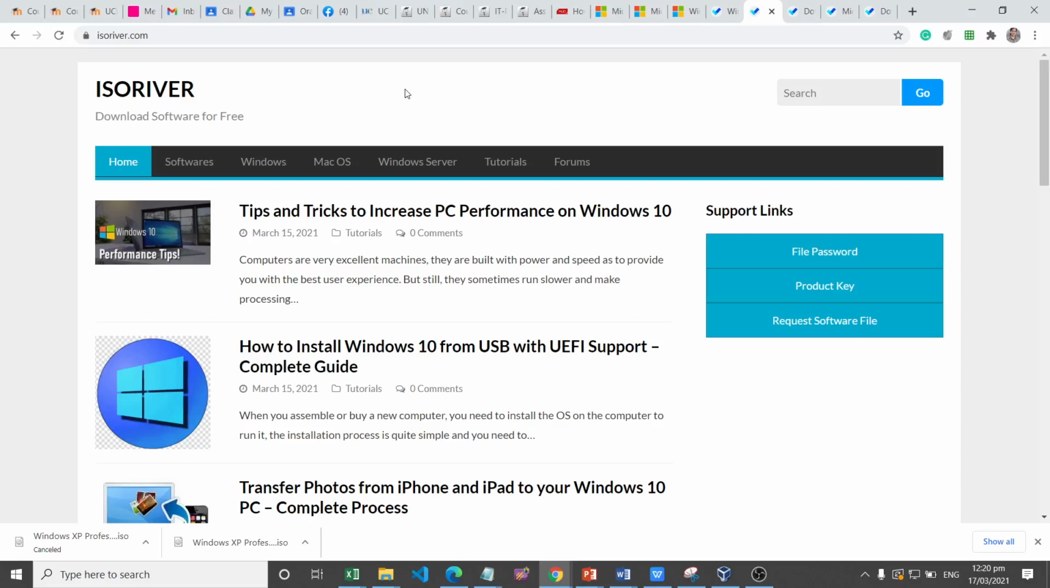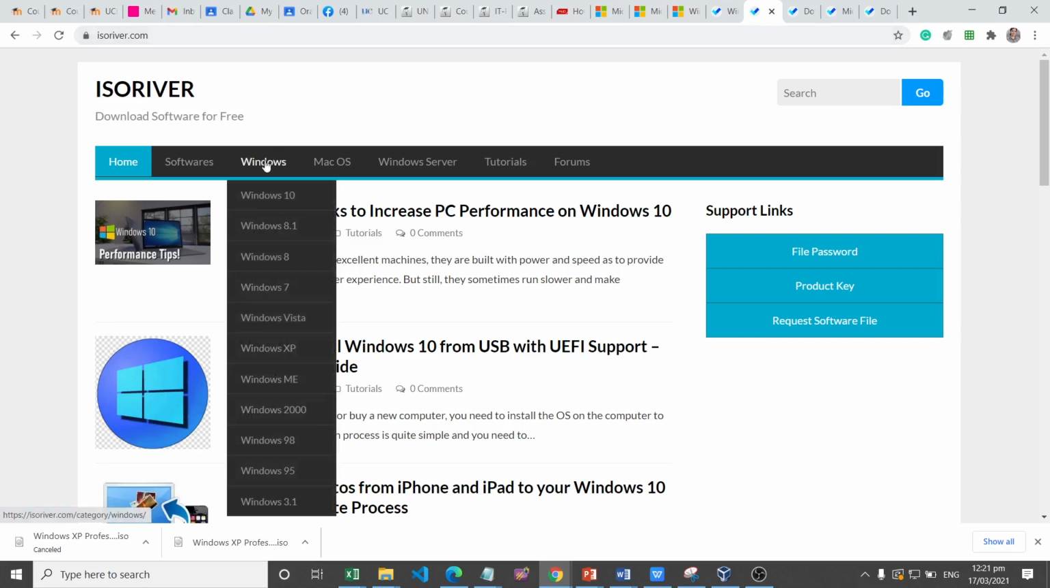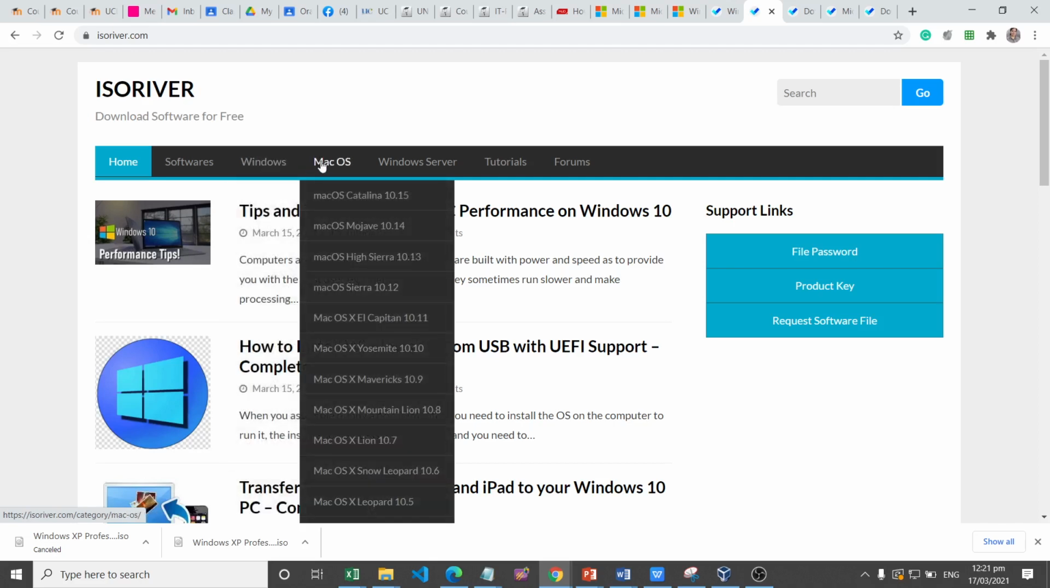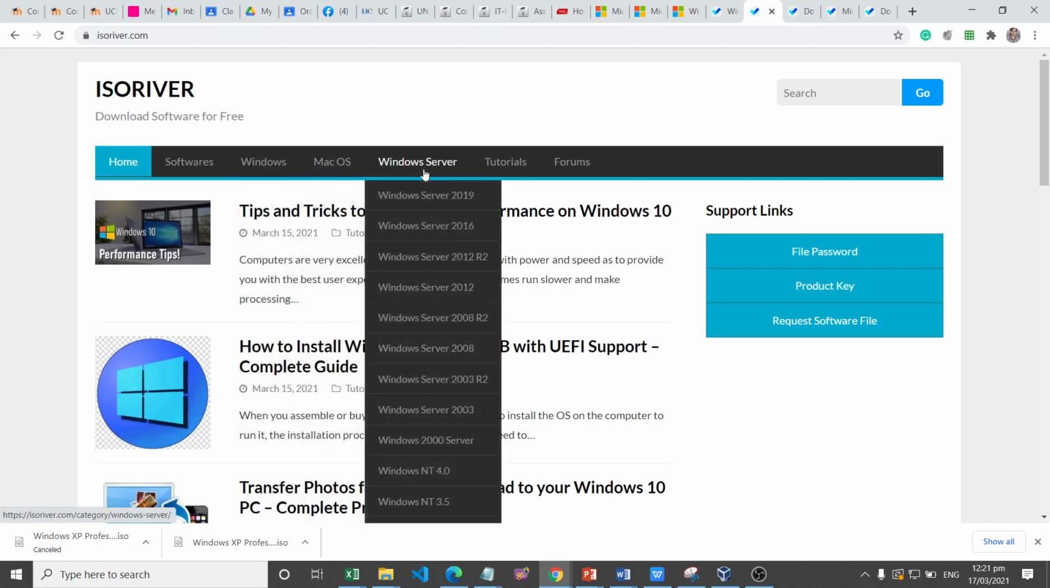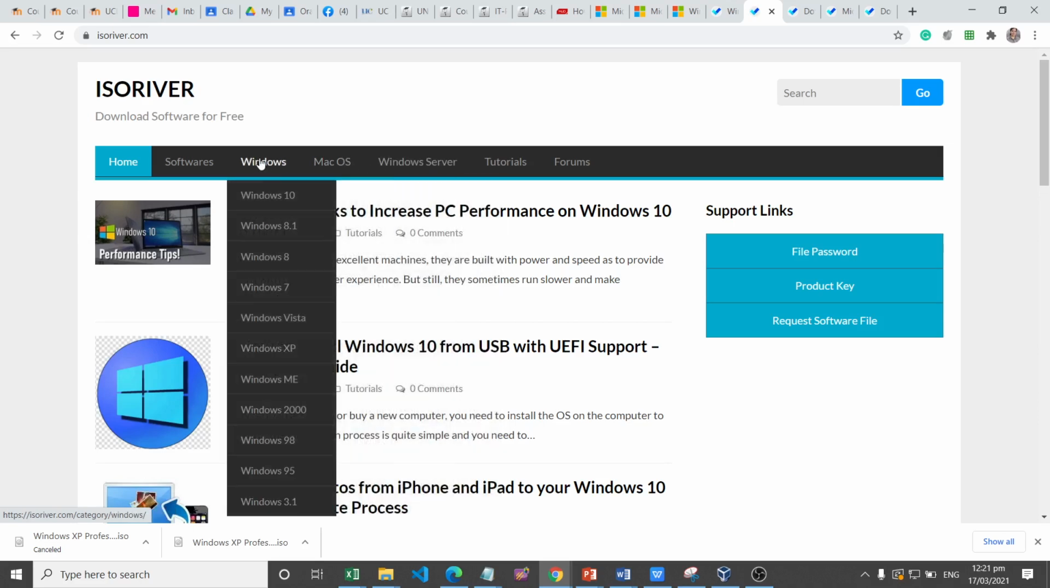Now for the ISO disk image files to be used for our virtualization, this website is very useful for us, where we can get all we need for our ISO disk images. So we have here the ISO disk image for our Windows operating systems, our Mac operating system, Windows Server operating systems. Now let's try to download this Windows XP,